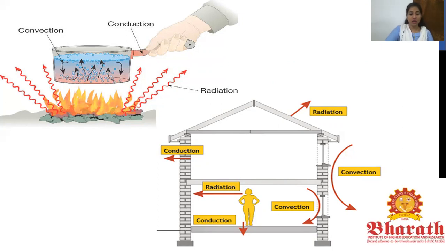Let's try looking at how this transfer of heat goes about in a building. In a building, can you see the floor that is there? You could see how this heat transfer is happening. He's talking about convection, directly on the earth, and how the heat or the energy would feel. So you understand why people actually prefer